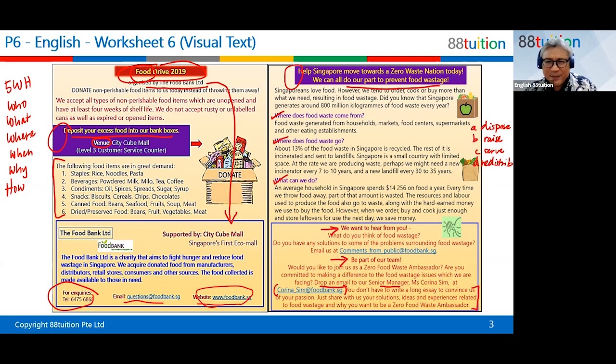You talk about recycling. What can we do every time we throw food? We can actually do a redistribution.